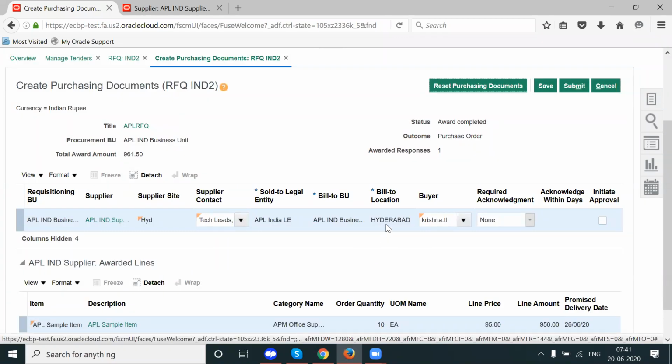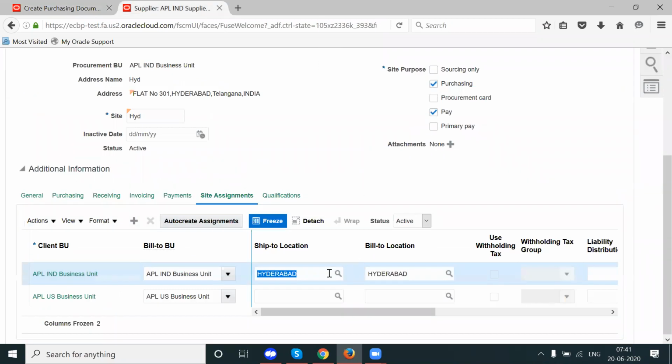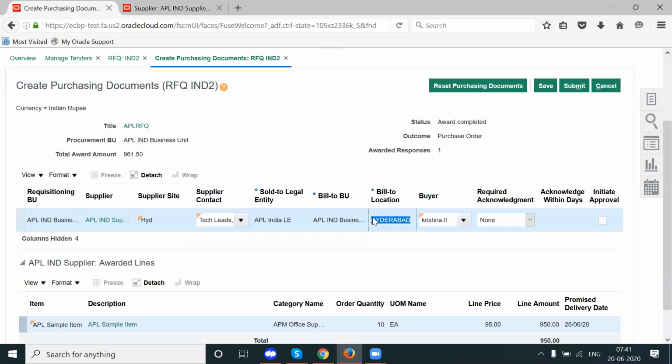Okay, so I'm able to refresh by selecting reset purchasing documents. So make sure you have a bill to location here. And also ship to and bill to location again is the site assignment. So it is defaulted now. Click on submit.